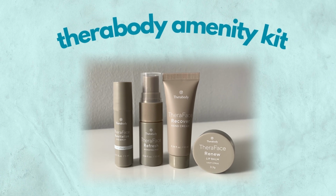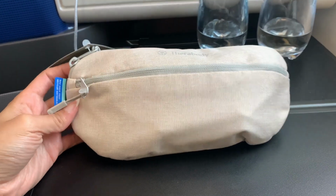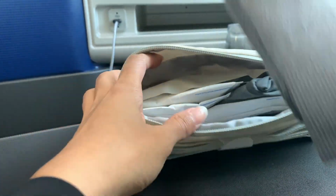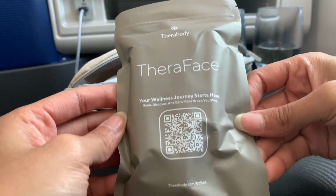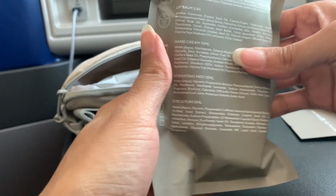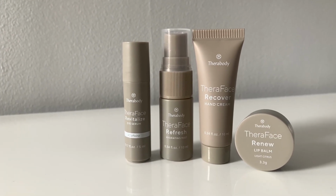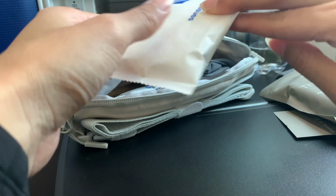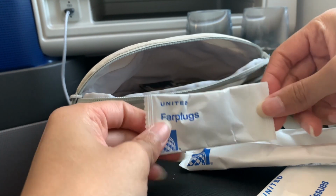But now let's talk about the Therabody amenity kit. This amenity kit was designed as a fanny pack and had plenty of goodies inside. It included the usual suspects of socks, a skincare kit that for some reason I did not feel the need to open while on board, but here you can see the products that were inside. There was a lip balm, hand cream, hydrating face mist, and an eye serum. The amenity kit also had some tissues, an eye mask, a dental kit with a toothbrush and toothpaste, earplugs, and